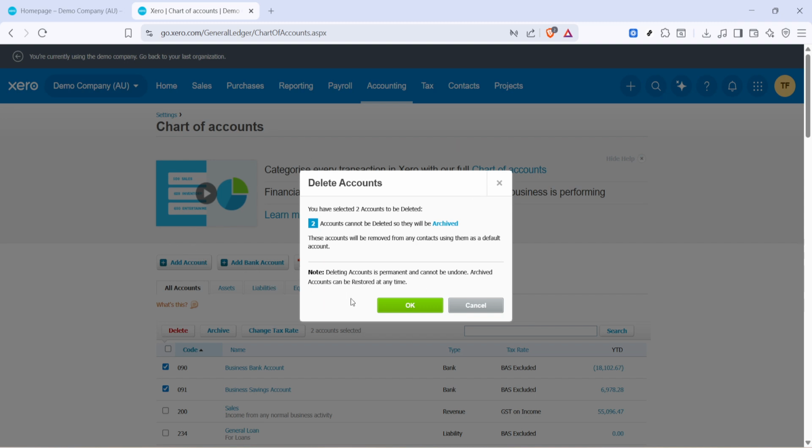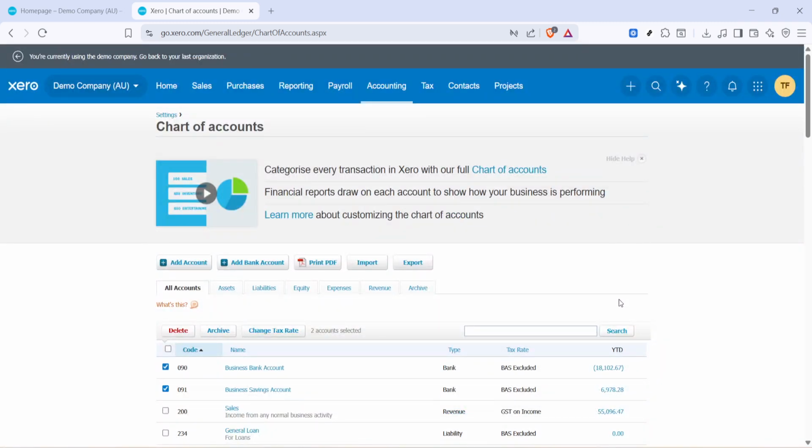Read it carefully and click OK to confirm. This step prevents accidental removals and gives you one last chance to back out if you've selected the wrong account. After confirming, the account will be removed from the chart of accounts and will no longer appear in dropdowns when coding transactions. If you find that deletion isn't possible because the account has history, remember that archiving is designed for